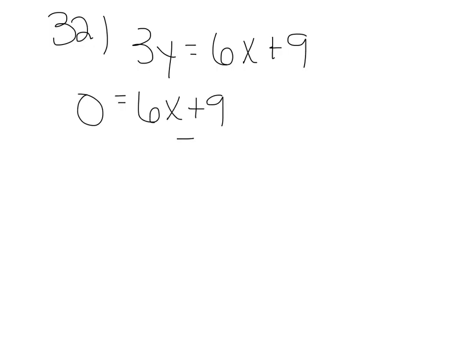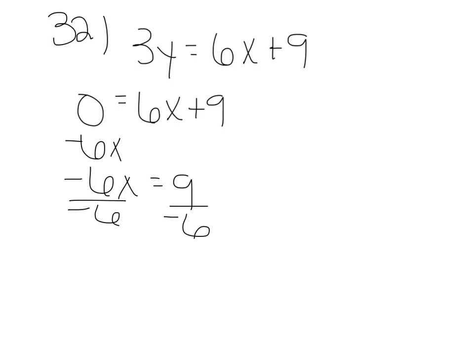On number 32, it says what are the slope, x-intercepts, and y-intercepts again. So I'm going to start with the x and y-intercepts. So I have 3y is equal to 6x plus 9. To find the x-intercept, you set y to 0. So I have 0 is equal to 6x plus 9. Subtract, probably actually the 6x would be easier. And then divide by the negative 6. So I have negative 6x is equal to 9. Divide by negative 6. X is going to be equal to 3 over 2, and it's negative,